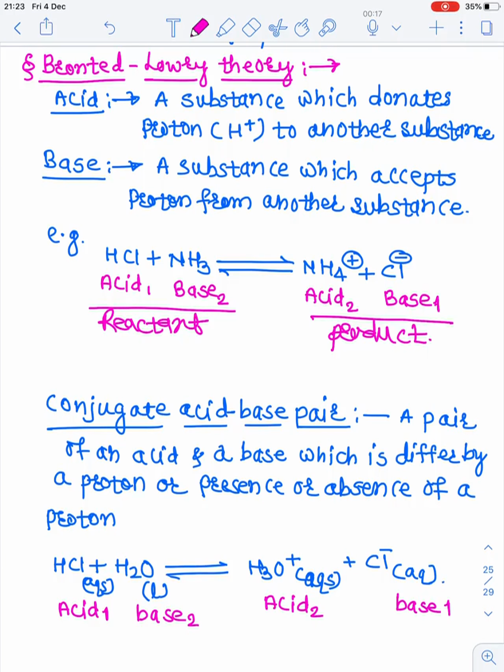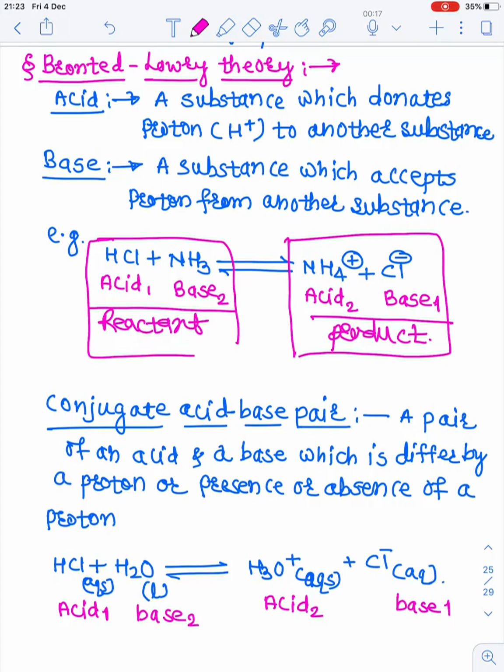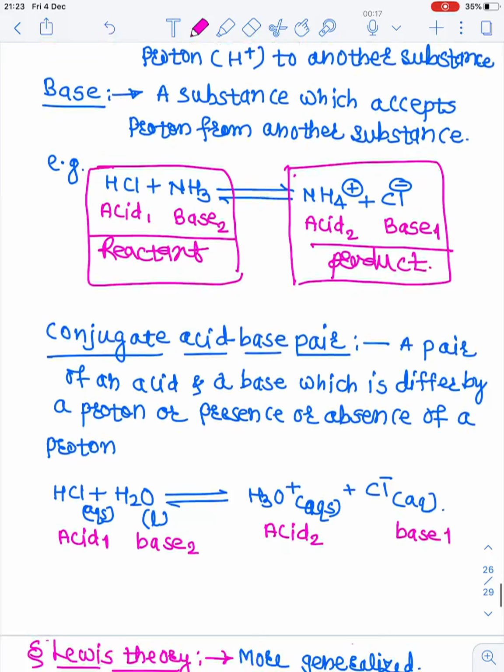That is, the products of the Lowry-Bronsted acids and bases reaction are also acids and bases. Whenever there is a reaction between the acids and the bases of the Lowry-Bronsted concept, the products will also be an acid and a base. Now we will go towards the concept of